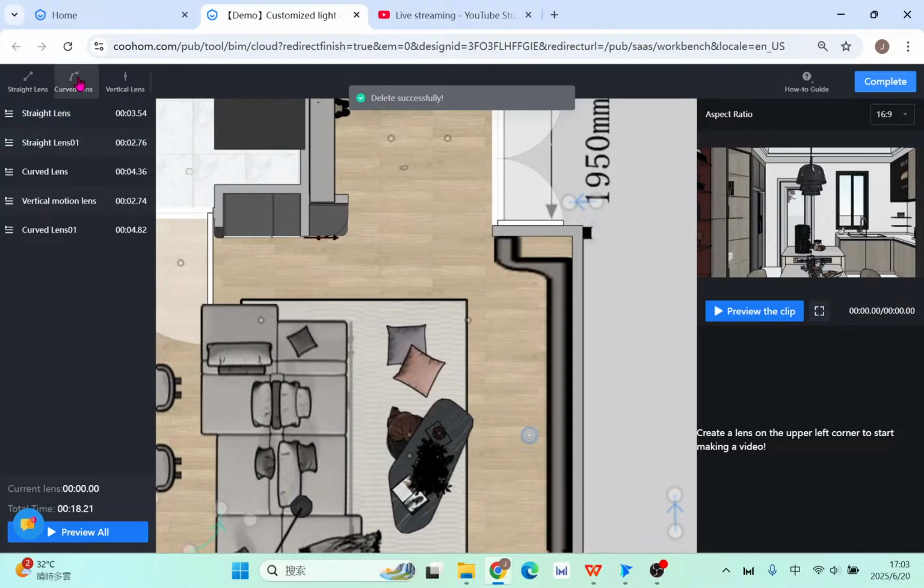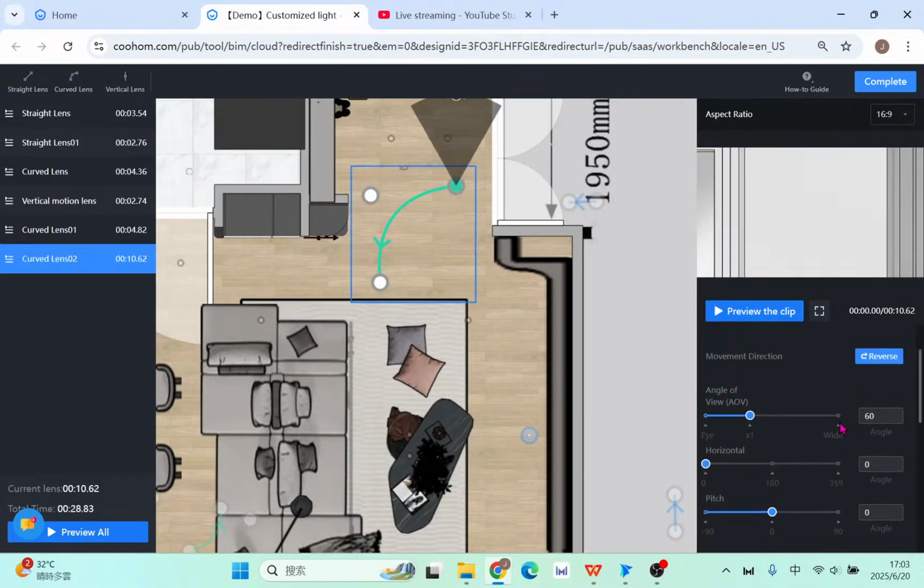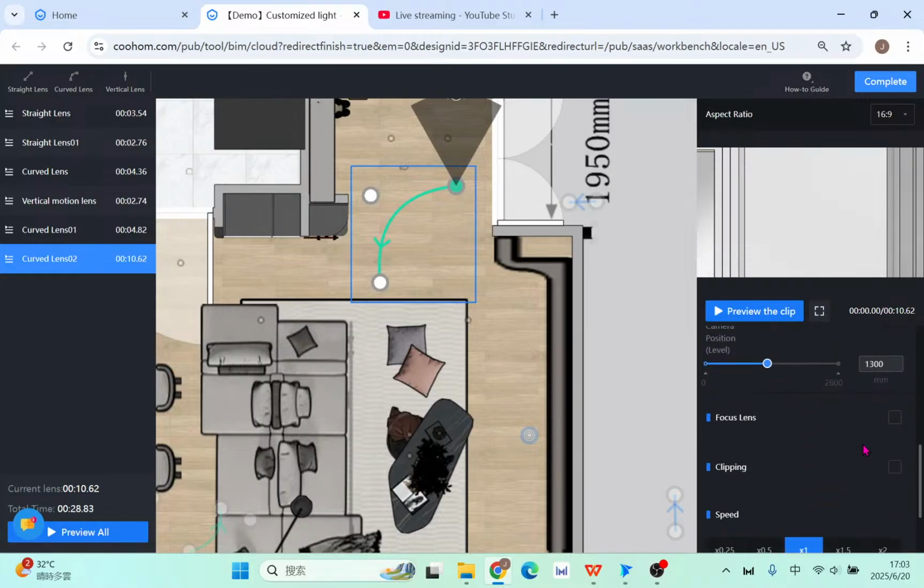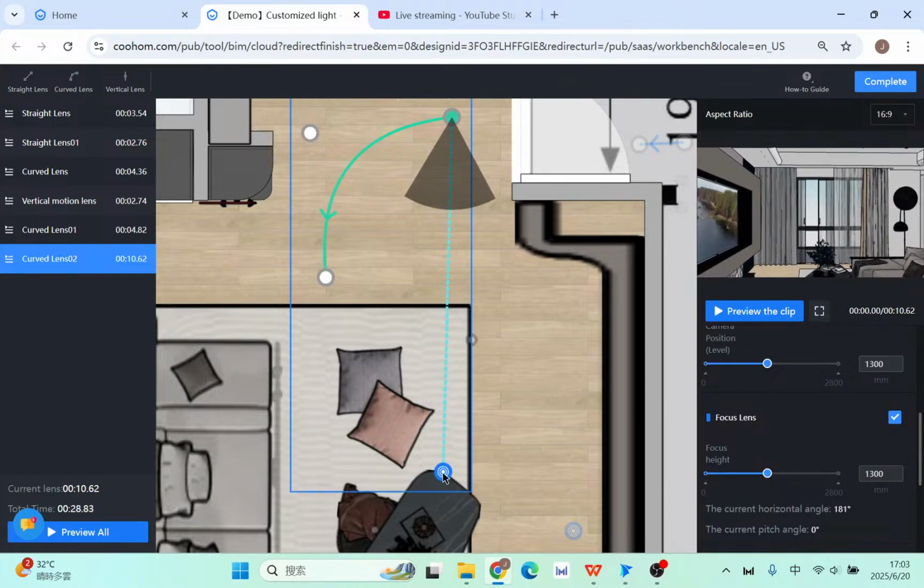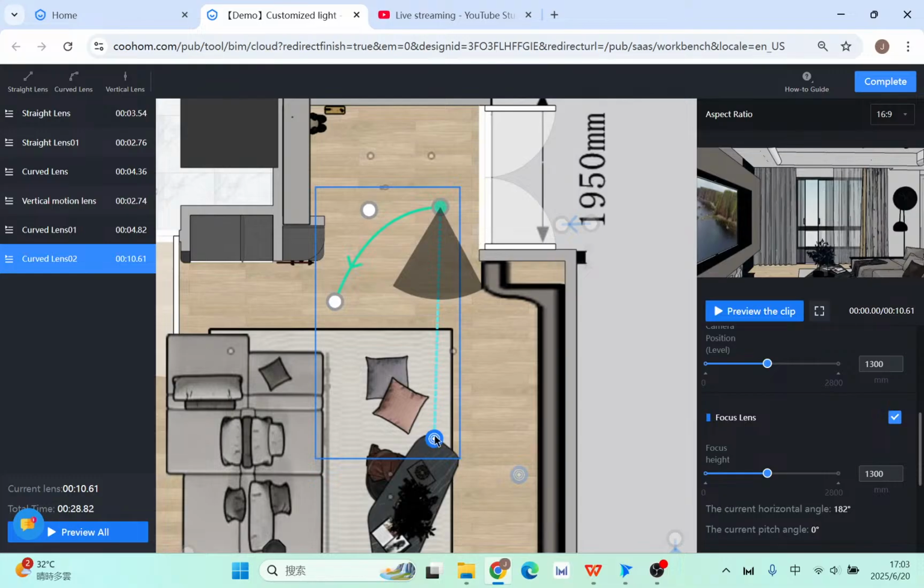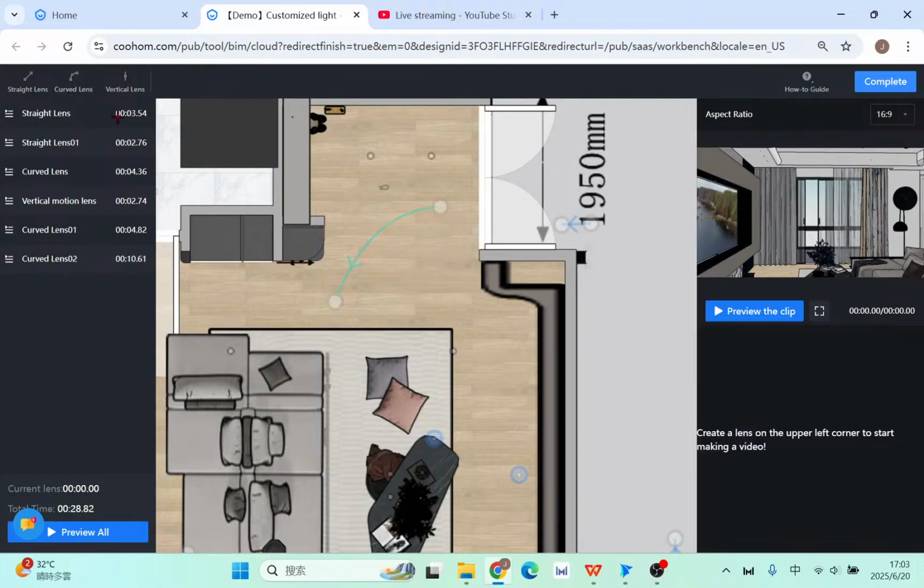Okay, let me try this one. First, a curve. Activate the focus. Let a point go to somewhere maybe longer, far away. And the second,